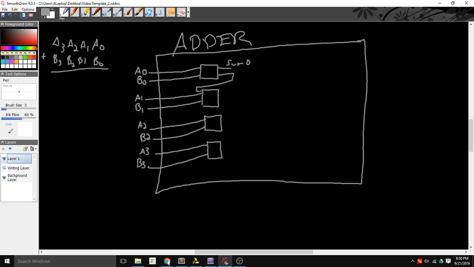Now, the funny thing about this is if I add 1 plus 1 here, I get a 0 right here, and then I have a carry in to the next stage, right? The next column. So that's what I have to do. So that's my carry out. It goes out here and into a pin here called the carry in. And I'm actually going to do that on all of these. I'm not going to label them all,